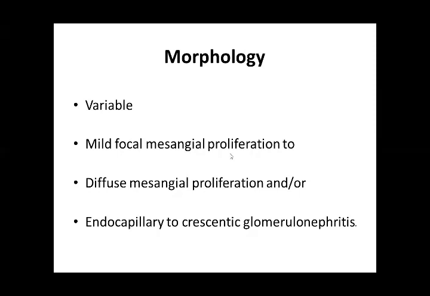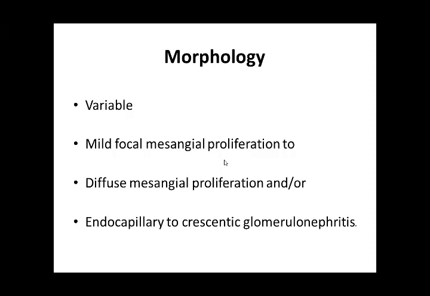Mesangial proliferation, diffuse mesangial proliferation. It could be focal or diffuse, whatever, but there is mesangial proliferation. Mesangial proliferation is good enough to say it is either Hematogenous or IgA. They're one and the same thing. And it could be diffuse or focal, doesn't matter. Since that Berger disease and Coca-Cola and that cola